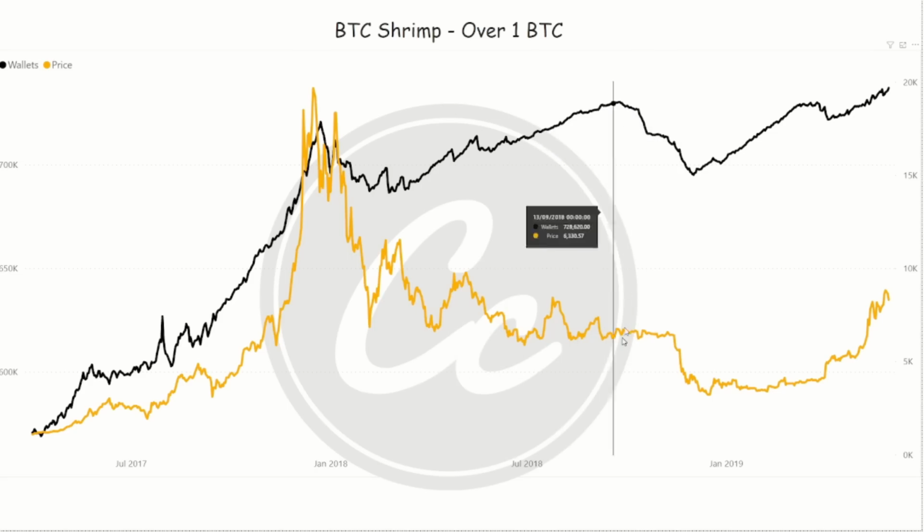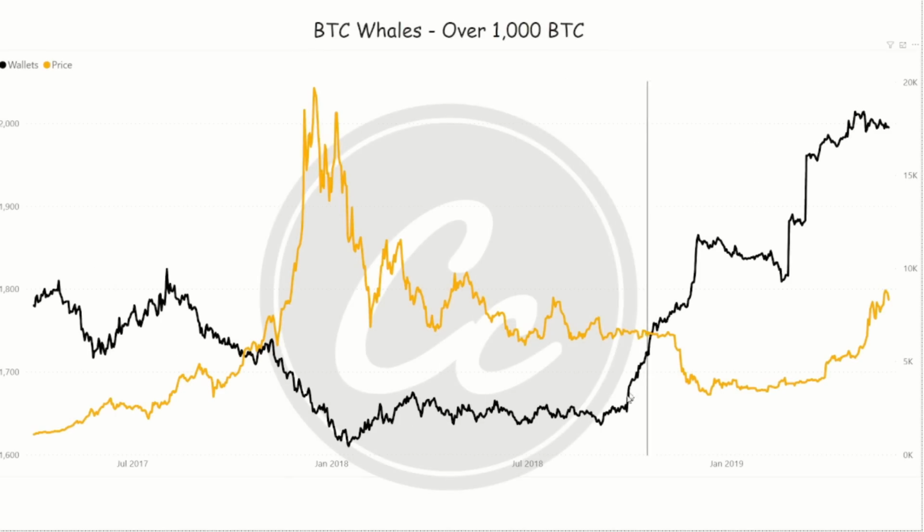So they start selling. Now, during this flat period right here, if I take a look at the whale wallets, this is exactly where the whales start buying. They're buying the Bitcoin from the retail investors, and they're not participating terribly too much. They're kind of moving the market around a little bit, but this is really where the bulk of the action comes. Once those retailers start selling their Bitcoin, there has to be a buyer, and the buyer here is the